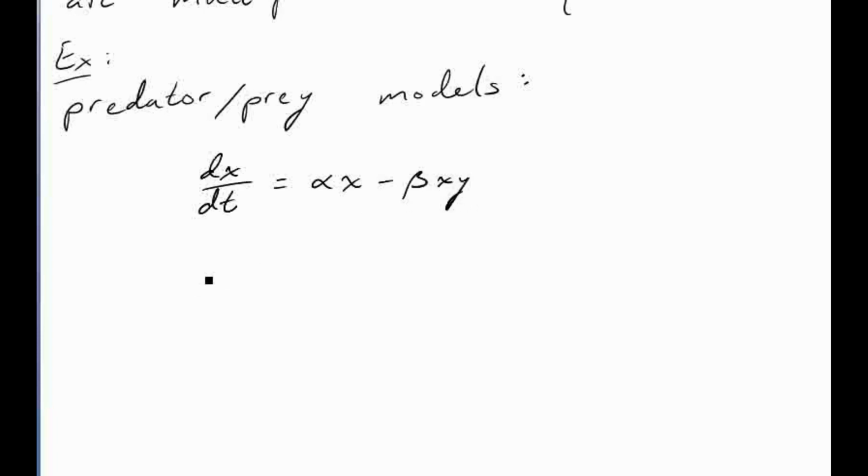So this has a very similar look to the example we just made. And dy/dt is equal to negative gamma y plus delta xy,